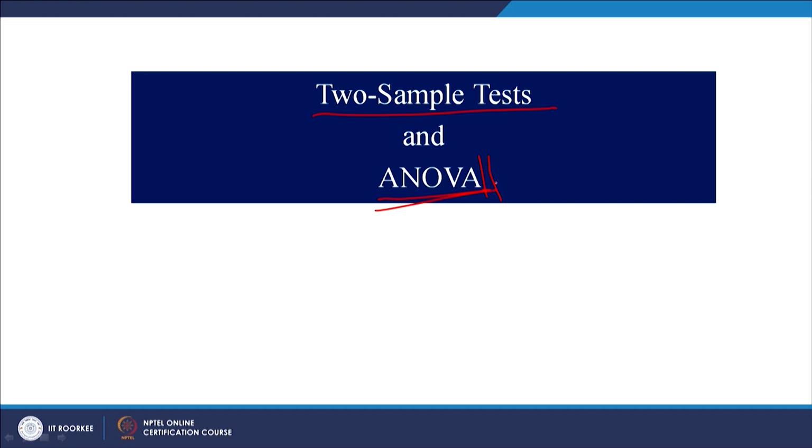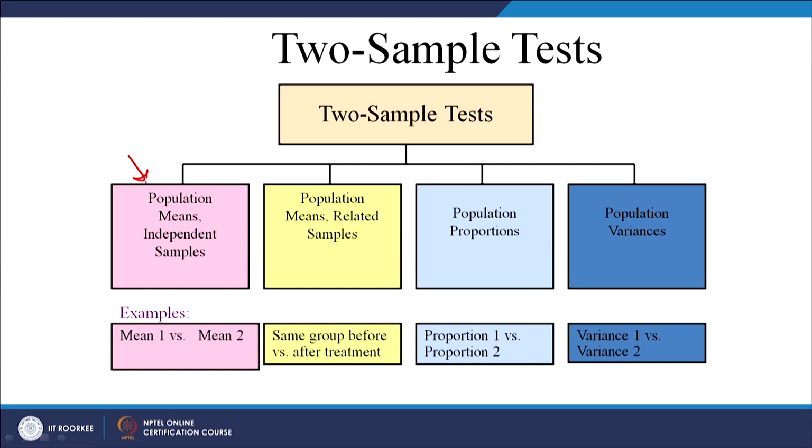So, first let us look at what is two sample hypothesis testing. So far we have seen one sample hypothesis testing. So, in two sample tests what happens? You actually have two different independent samples, and you take samples from both and you try to find out is there any difference in their population means, right. So, you can have a situation like this. You can compare their population means, you can compare their population proportions, you can compare their population variances.